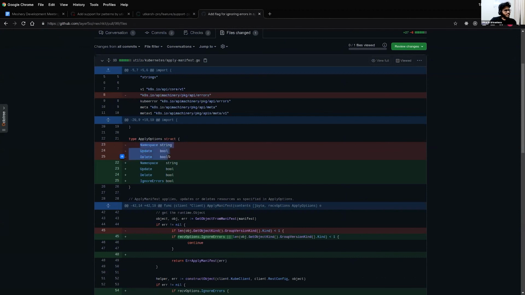Right now we have these 3 things: namespace, update, and delete. I'm just adding one more, ignore errors, because I know that these installations sometimes error out. Even without that CRD, one thing goes into a crash back off loop, but other than that, the installation succeeds. The same result is produced if you go with kubectl installation. So we can say, we proceeded with the deployment; now it's Linkerd's issue because they have something messed up in the CRD.